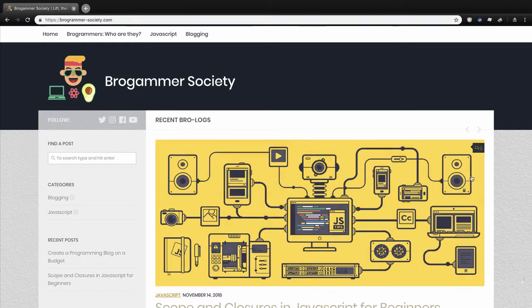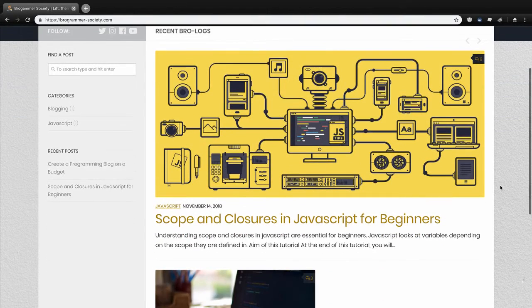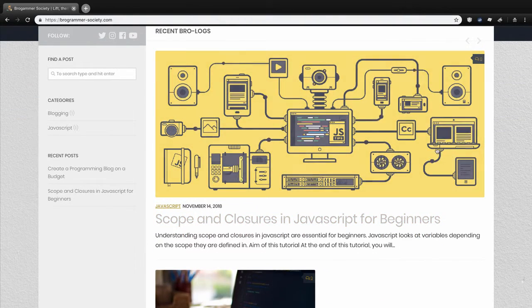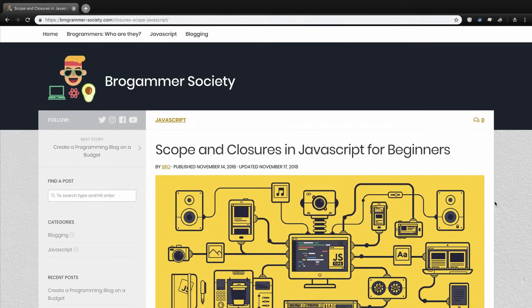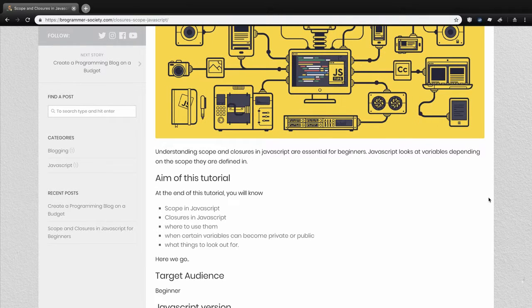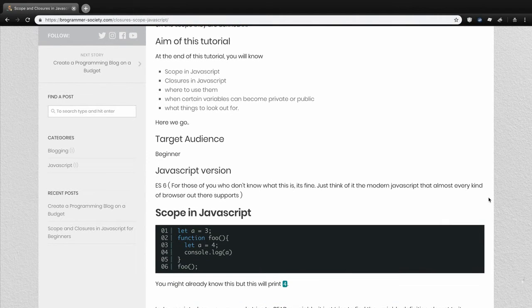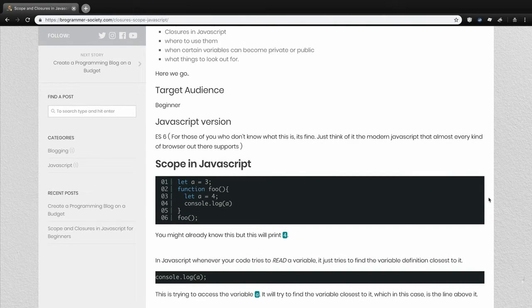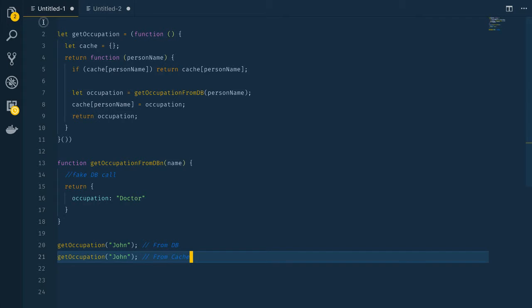Hi there. Today we're going to be looking at scopes and closures in JavaScript. I wrote a blog post about this, for which I will post the link in the description. The aim of this whole video is for you to understand what scope and closure really mean in JavaScript. These terms are used quite often, and if you don't know exactly what they mean, you get very confused, and it's really simple actually. Let me open Visual Studio Code, and so here I have written this code for a